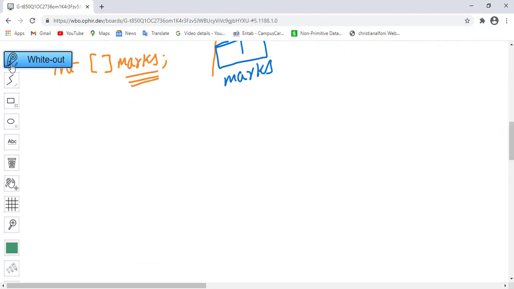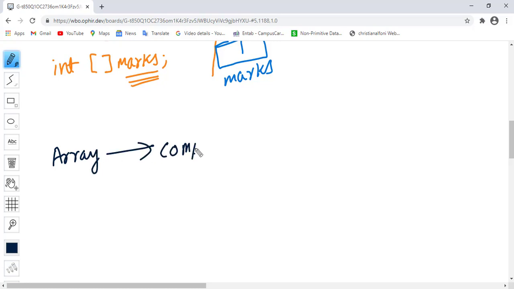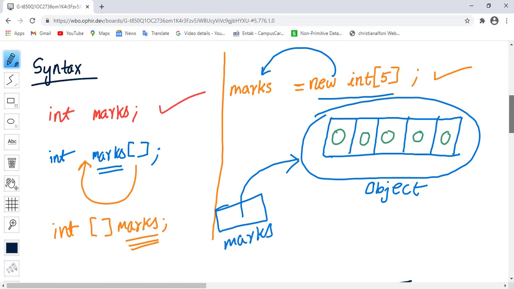So by now you should understand why array is also known as a composite type or a non-primitive type, because an array variable does not store the actual object, it stores the address of an object.